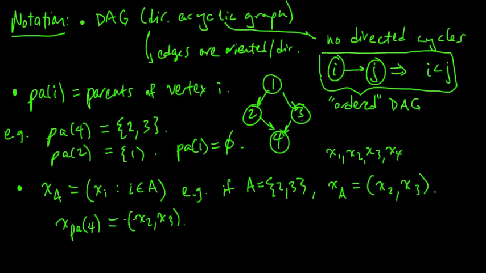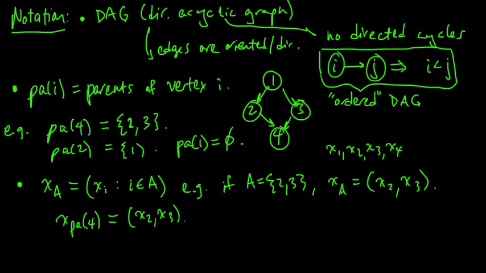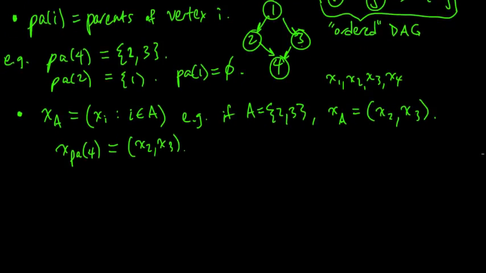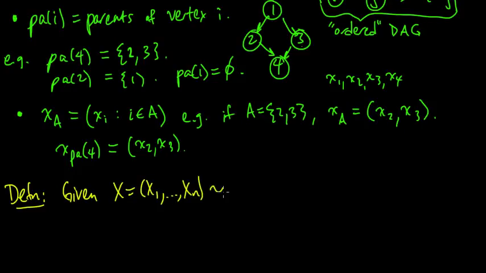Okay, now that we have those notational conventions all set, we are ready for the definition. Definition. Given a vector x of random variables, x1 up to xn, distributed according to some probability distribution p, and let's assume that this is either a PMF or a PDF,